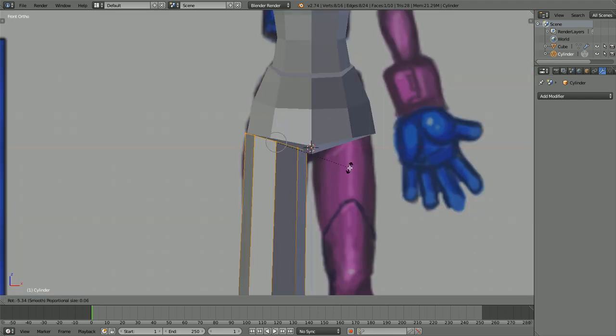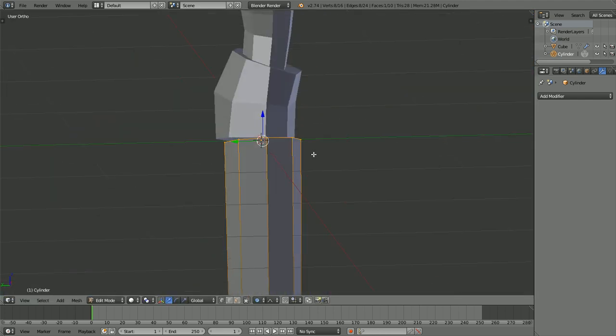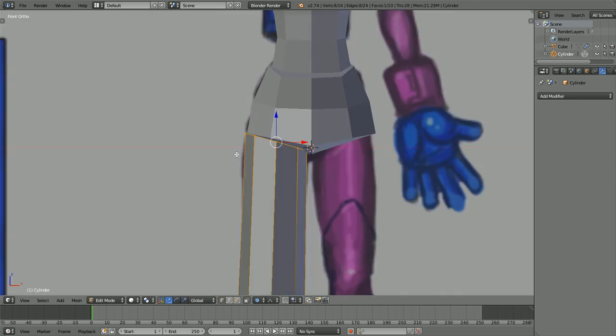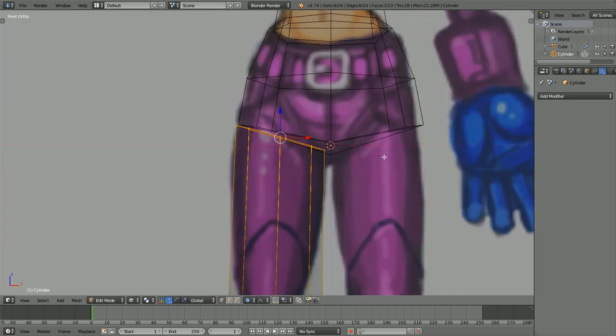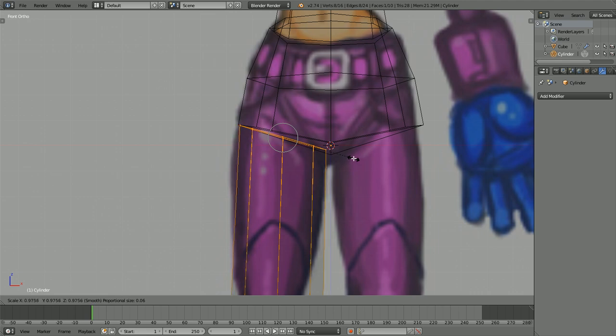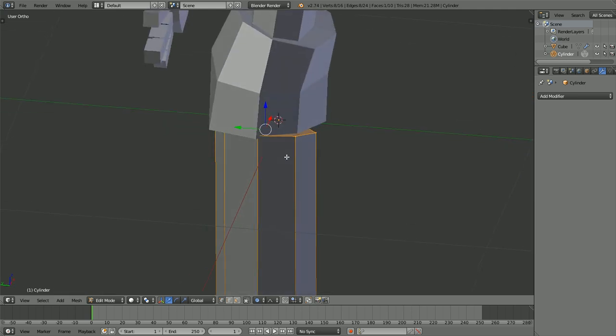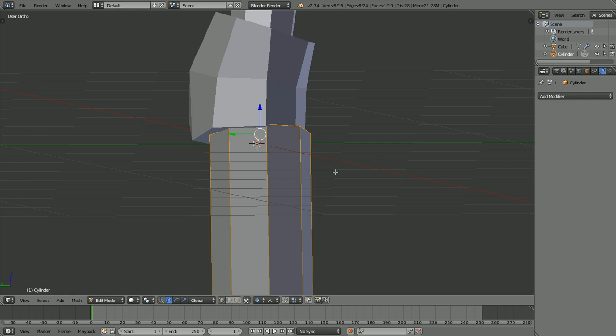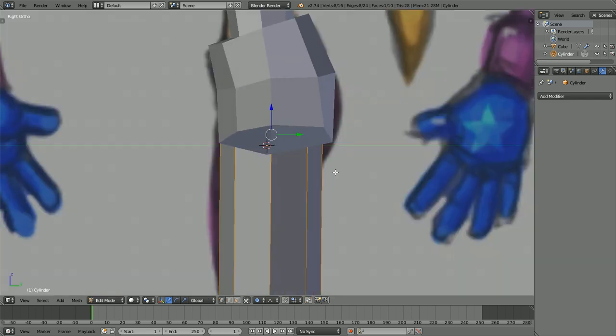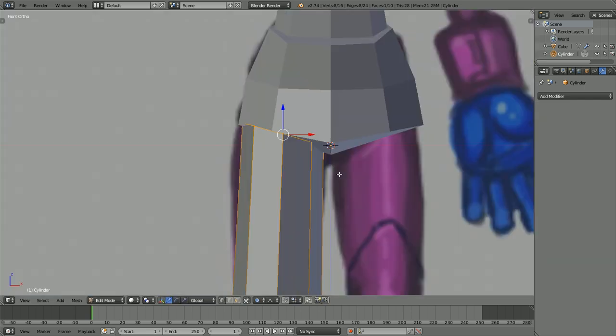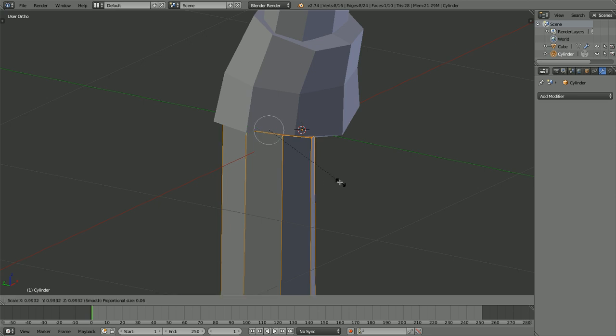Make sure it's on the mesh. Check it from all views because sometimes it can look a little weird if that happens. Okay, so we don't have to be that perfect about this. We could just move some of these vertices forward, but in this instance, we don't really need that. So we're just gonna use what we have